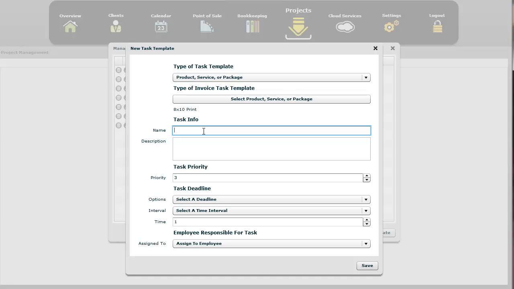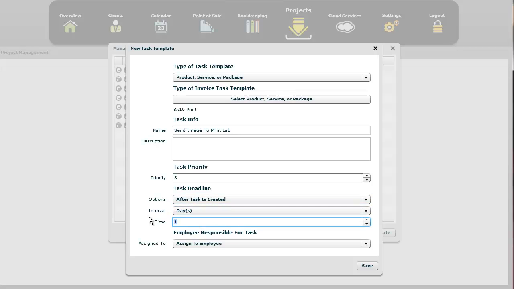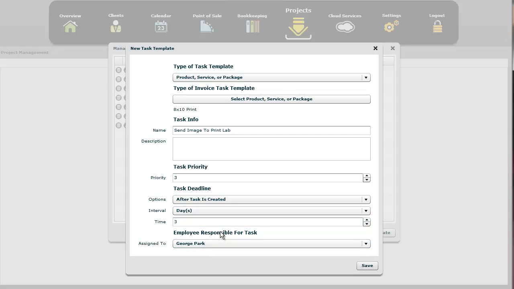However, it may be that instead of an 8x10 print, you want it to do something else. You want to add a task in there that says something like send image to print lab. And once again, this is examples of how a photography studio would use this. And you have a deadline. Average select interval. Let's go with 3 days after. And we're going to have George Park. He's going to be responsible when 3 days after an invoice has been generated, and he's going to be responsible